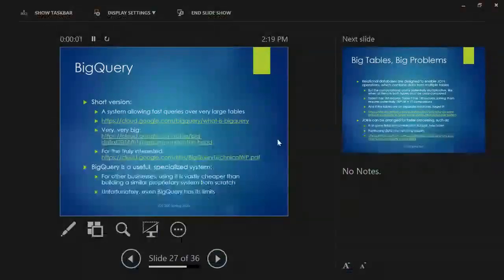Okay. Now, so we've talked about F1, we've talked about Spanner, and now the time has come for us to talk about BigQuery. And BigQuery, as you might guess, is a system that allows you to do queries on very large tables, what you might call big queries. Now this system is very, very big, and if you're interested, there's some information in there you might be interested in reading. But fundamentally what it is, there's a lot of businesses that accumulate data,